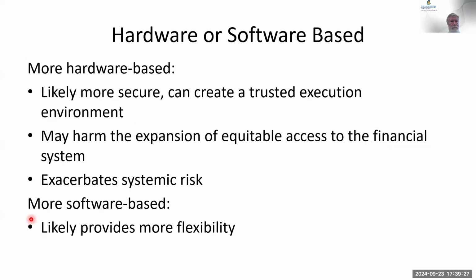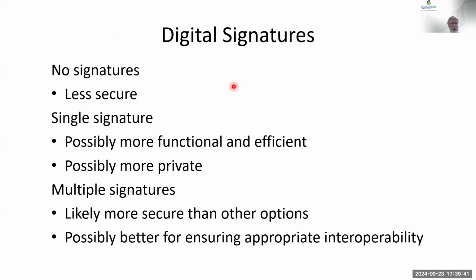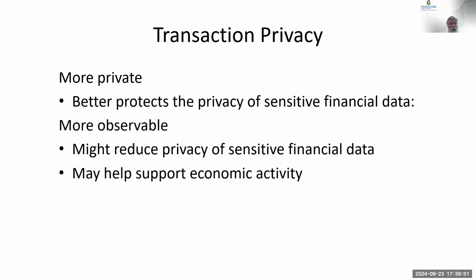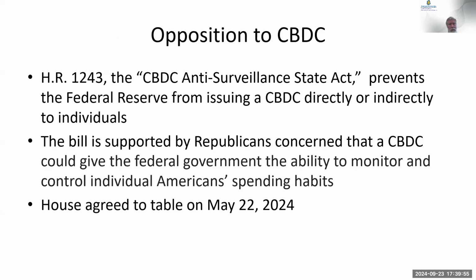Also, people want these hardware-based or software-based systems. They have little widgets that you can use to buy and sell Bitcoins. And digital signatures, again, are possible. Single signatures are more private. If you have to sign it and an intermediary signs it, then it could be more secure. Of course, people want it to be private, with fewer ledgers.